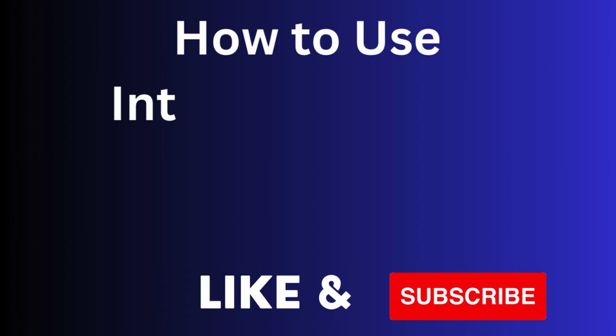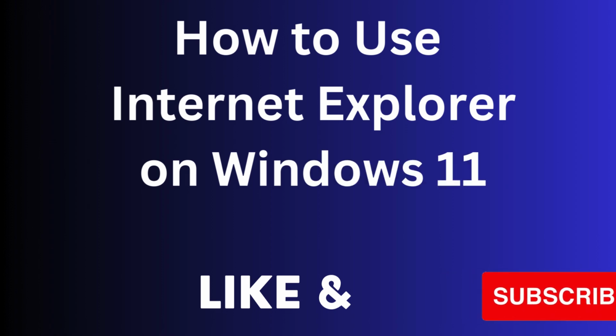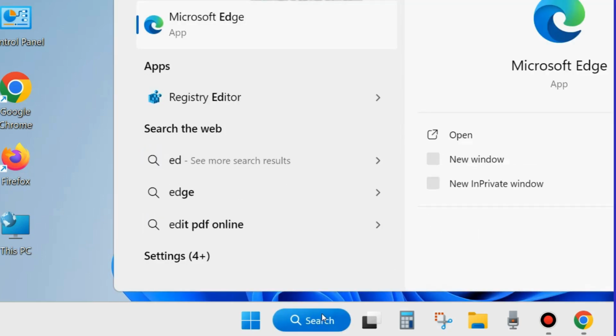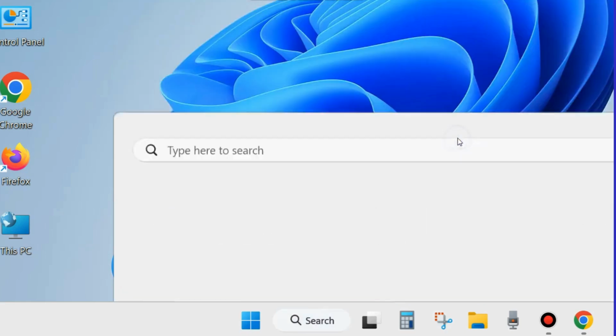In this video, we will see how to use Internet Explorer on your Windows 11 and Windows 10. As we know, Windows 11 only supports the Microsoft Edge browser, the default Edge browser. Here is the process for how to use Internet Explorer in Windows 11. Go to Windows Search and open